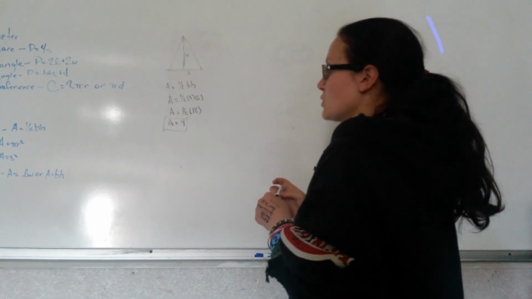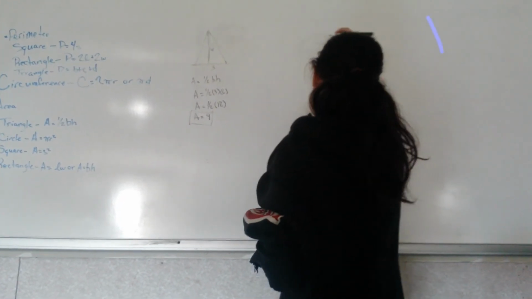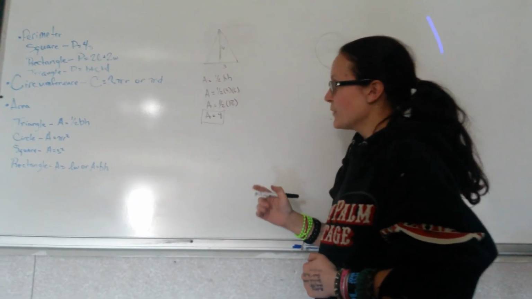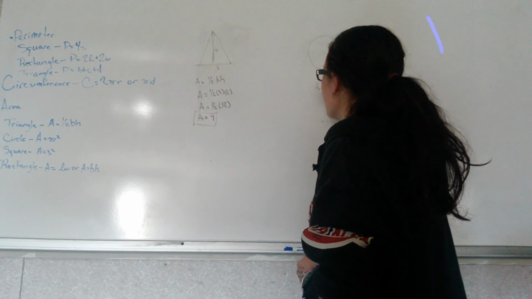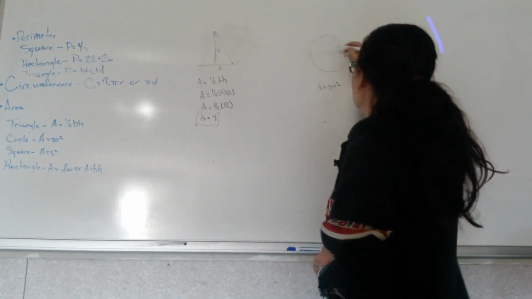The area of a circle now, so I didn't actually have to erase that. Now I have a funny looking circle. Thank you, math. Okay, the formula is A equals pi r squared. R again